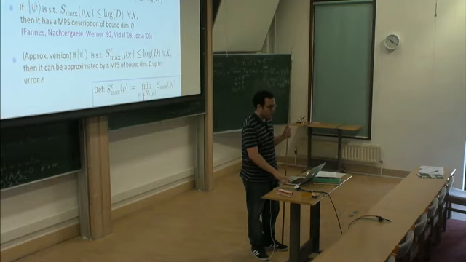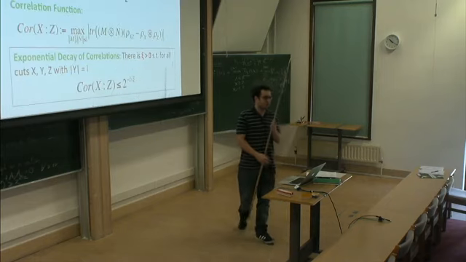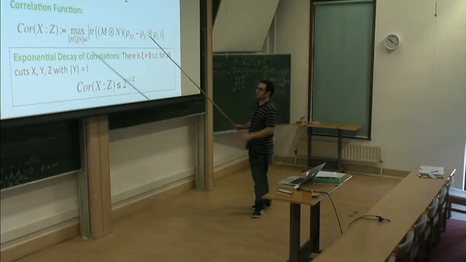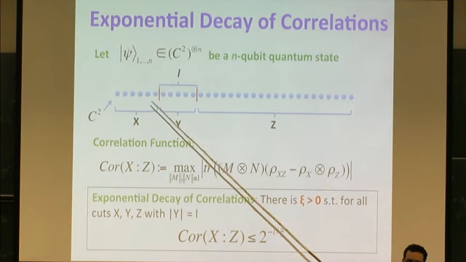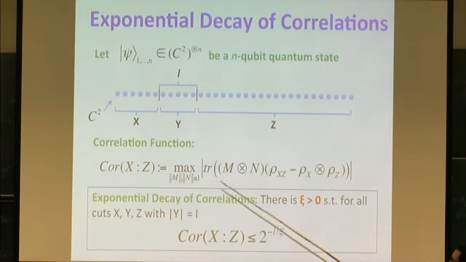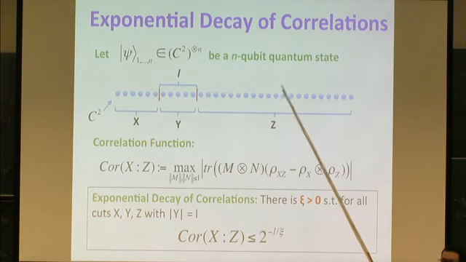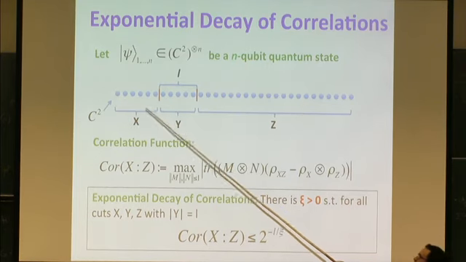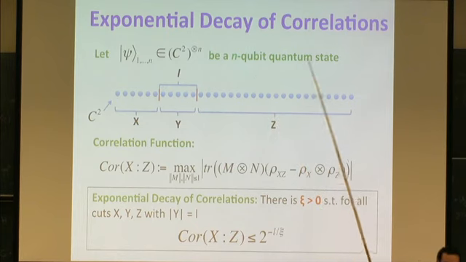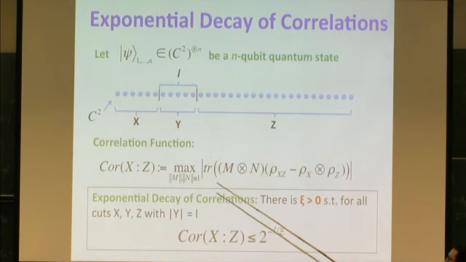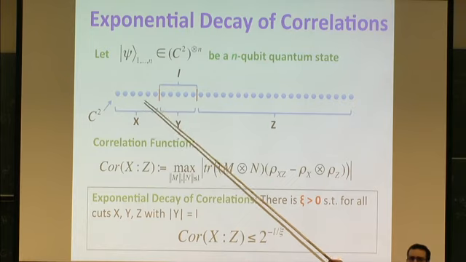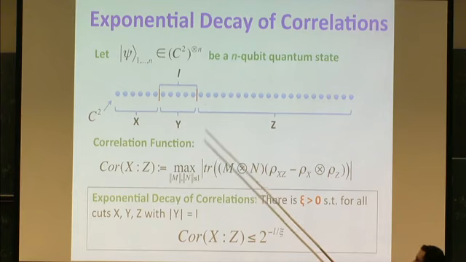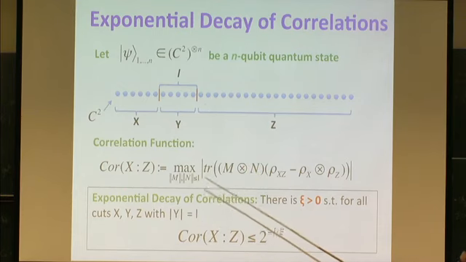So another property that will be related to matrix product states is what we call exponential decay of correlations. Let me show you what it is. Here again we have our state on n particles, and now we divide into three regions, x, y, and z. Then we can see how much x is correlated with z. Yesterday we were using mutual information between x and z, and you could use that. But given a physical system, it's usually difficult to tell that the mutual information is small. There are other, weaker forms of correlations about which we can say more in typical physical systems.